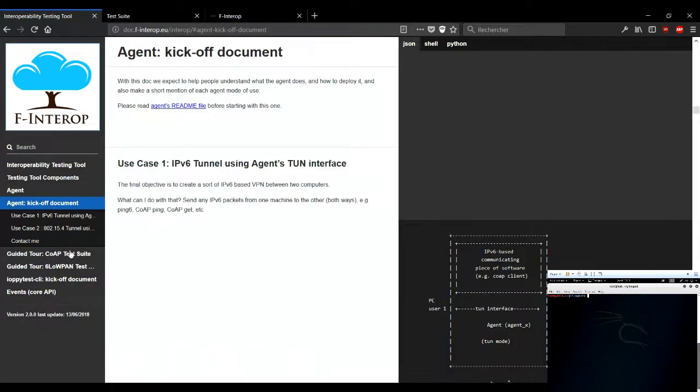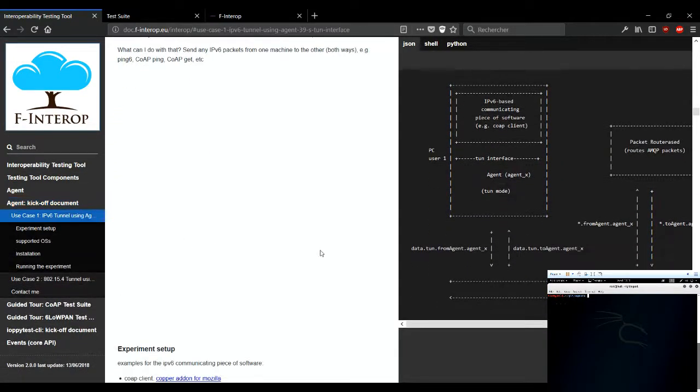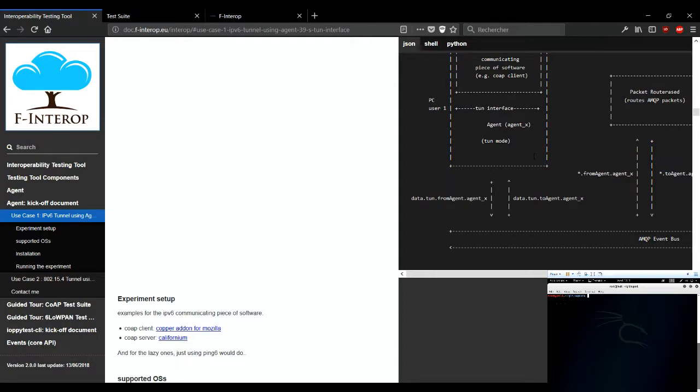But most importantly, you need to know how to use the agents, as the agent is the component responsible for connecting your IoT network to the IoT network of your partner, through a kind of VPN through the internet.